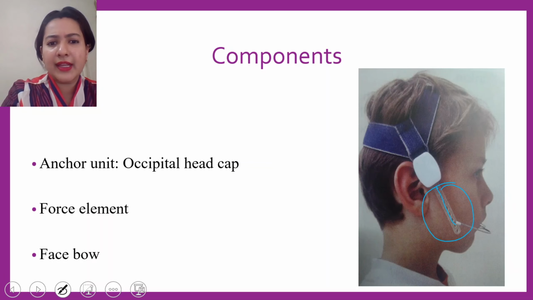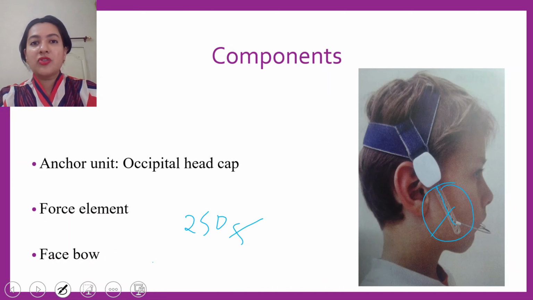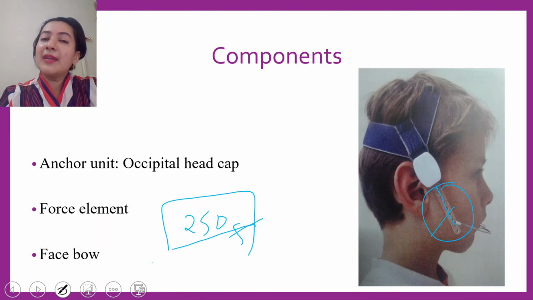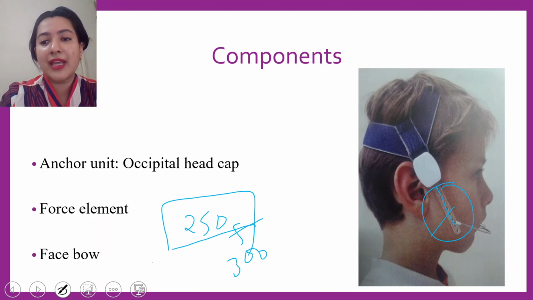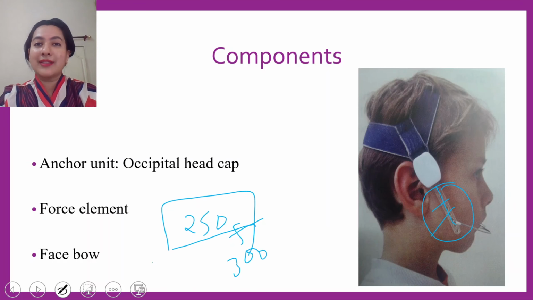Generally in the first setting, say we have given around 250 grams of force. The patient is instructed well that you have to insert the outer bow into the fourth hole which is given, because it is the patient who has to wear the appliance and remove it, right? It is an extra oral removable appliance. So we tell the patient to put the outer bow into the fourth hole, and we measure the amount of force which we have given and write it down in the case paper, that 250 is given. Maybe when the patient comes to us next after 6 weeks, we might increase the force to 300 and tell the patient to insert the outer bow at the fifth hole. So this is how it is done.